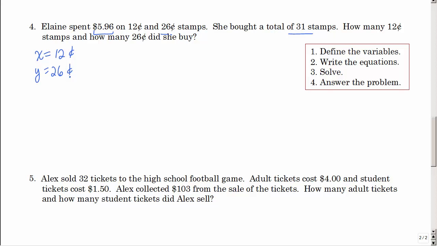And just like on number 3, I'm going to multiply what they're worth times how many I have. What they're worth times how many I have equals my money, and notice I'm using cents, so I'm taking out that decimal. Then my total is 31 stamps,